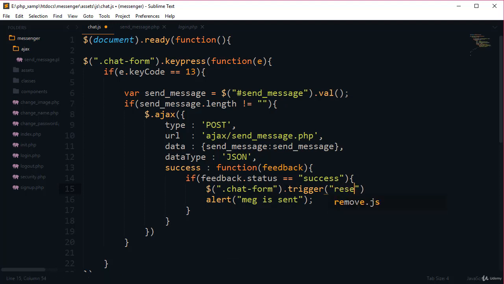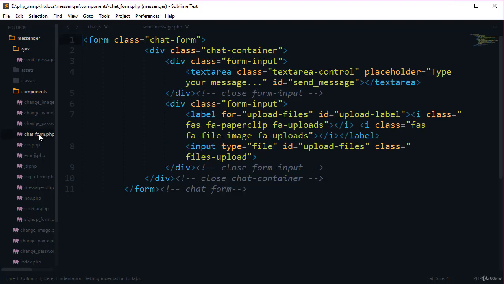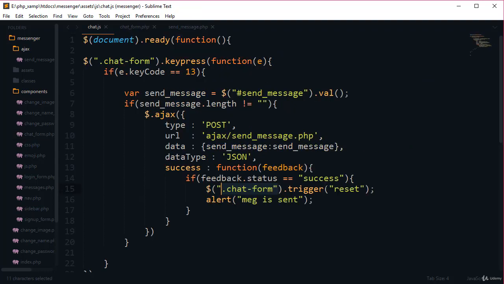Reset. So that means reset this form, because this class is defined inside the form tag. You can check the components, and now chat form. You can see here this class is defined inside the form area. So that means reset the form, where ID is this ID.